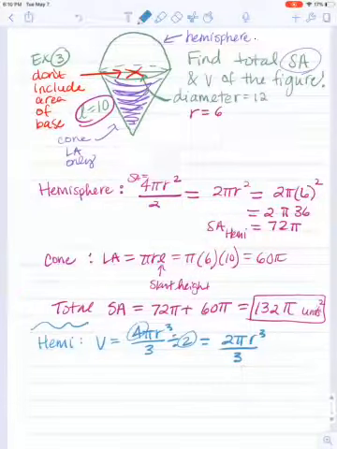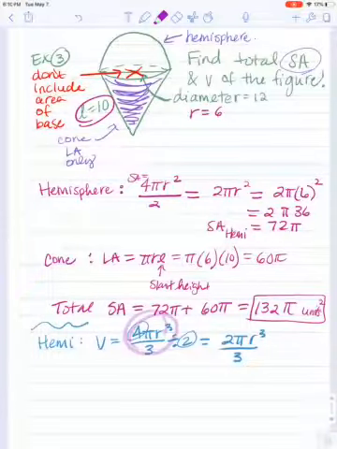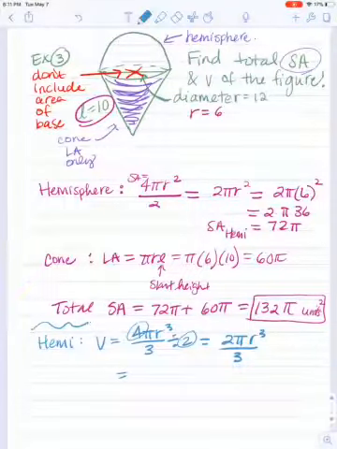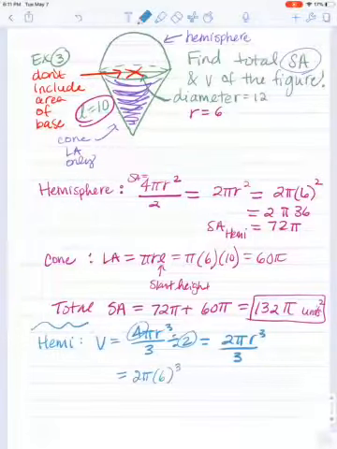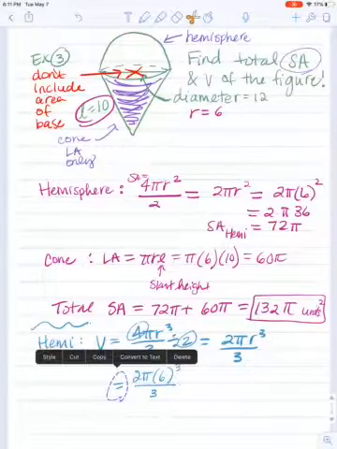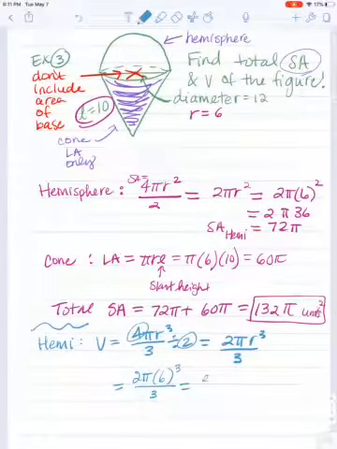If you wanted to find the entire volume first and then cut it in half at the end, by all means do that. Whatever floats your boat. The radius is still 6, but be careful here: it is not 6 squared, it is 6 cubed. So 6 times 6 times 6 is